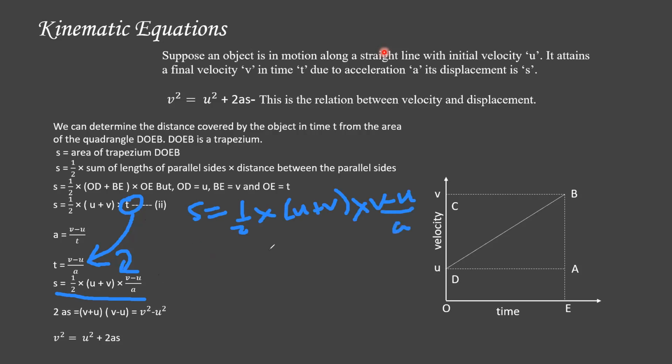Okay. So you just take 2 and a to the other side, so you get 2as is equal to (u plus v)